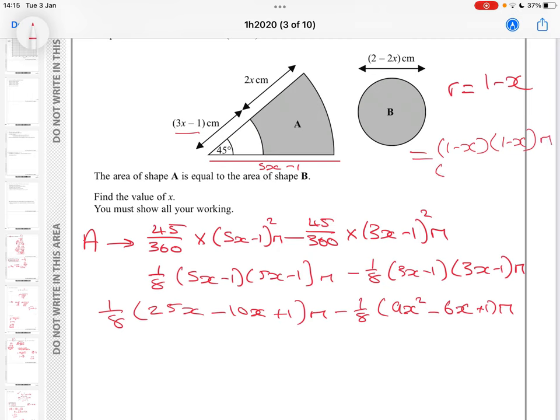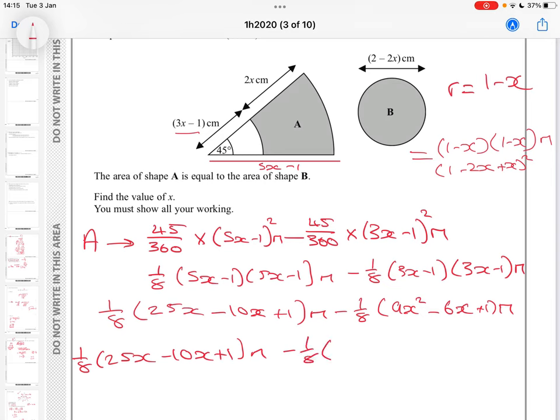So if I expand it, I'm going to have 1 times 1 is 1, minus 2x, and then x times x is plus x squared. So these two things are going to equal each other. So what I'm going to do is, if I try and write it in, minus 10x plus 1